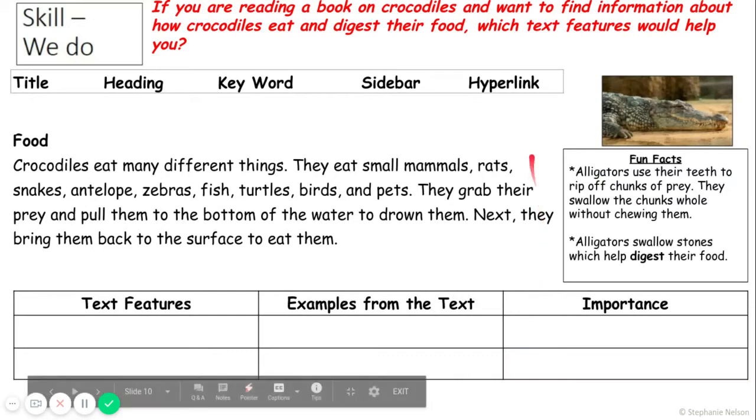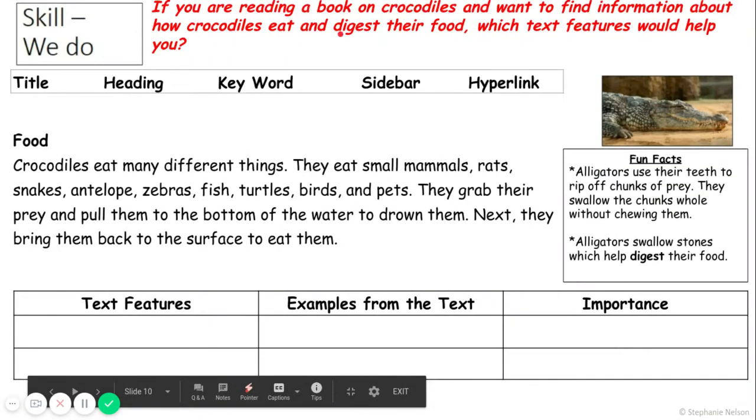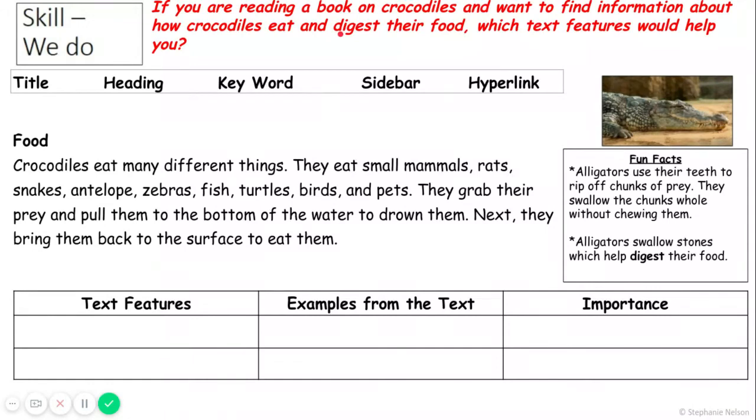So now I'm going to go back up here to this question. Whoops. If you are reading a book about crocodiles and you want to find information about how crocodiles eat and digest their food, which text features would help you? So I open up my book and I'm thinking, oh, I need to find out how they eat and digest